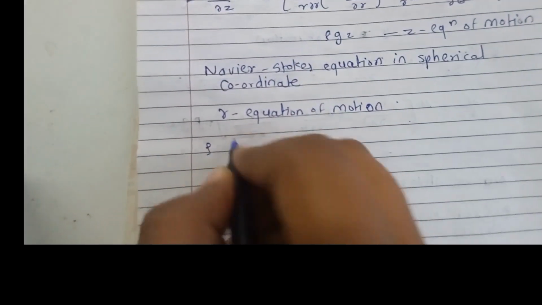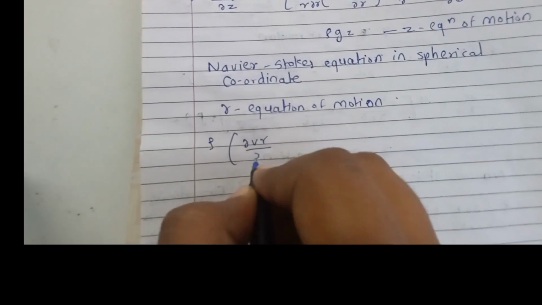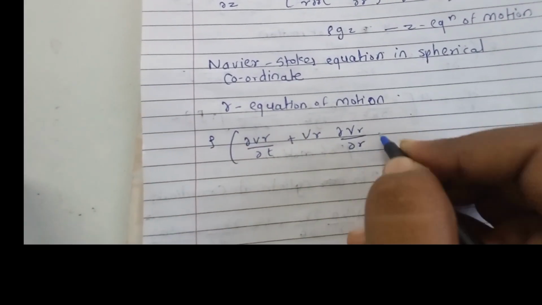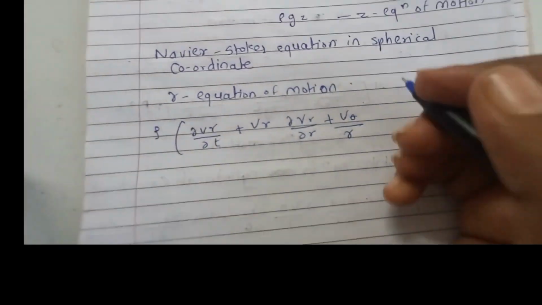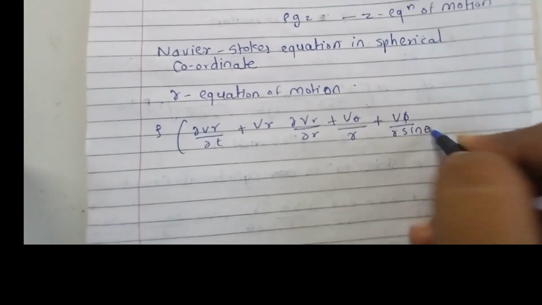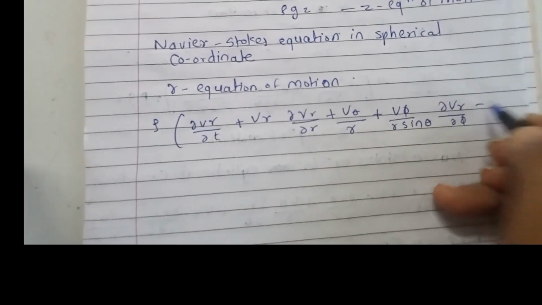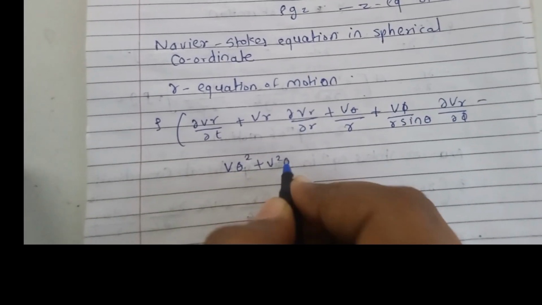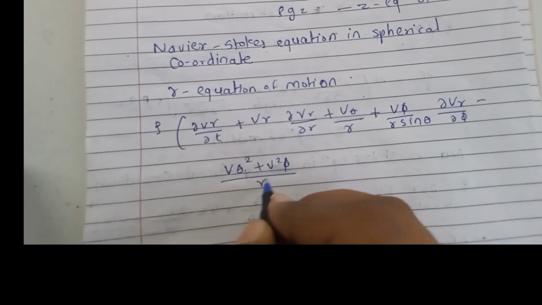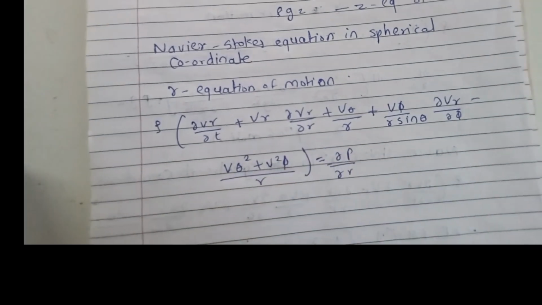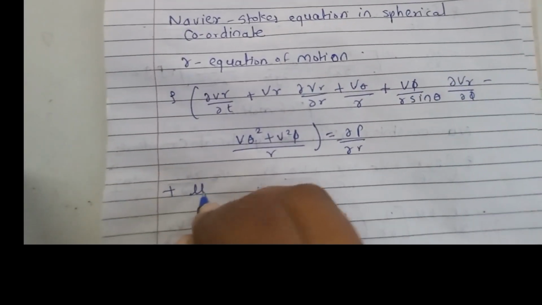density into del Vr upon del t plus Vr into del Vr upon del r plus V theta upon r into V phi upon r sin theta into del Vr upon del phi, that is the left hand side term. Then we can write the right hand side term, minus of V square theta minus V square phi upon r is equals to del P upon del r